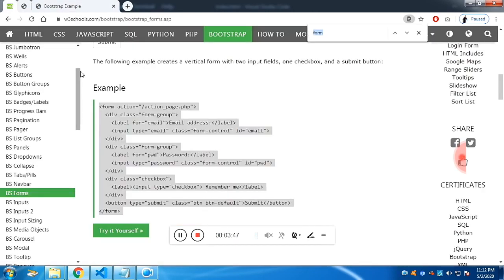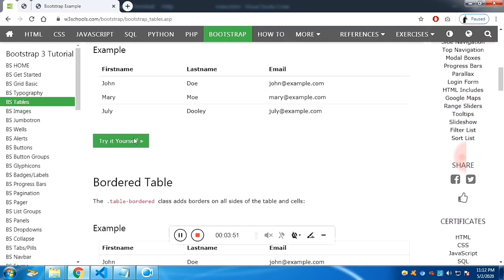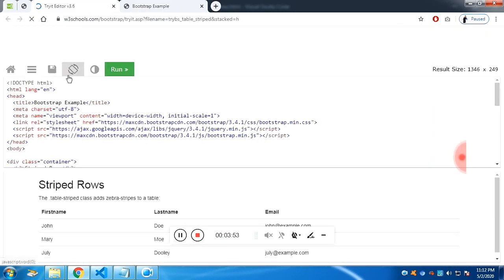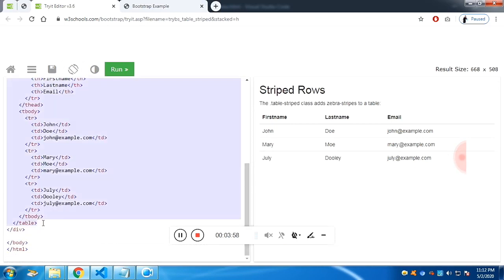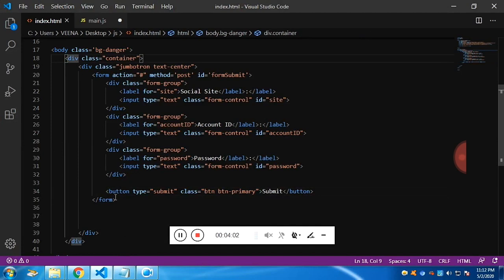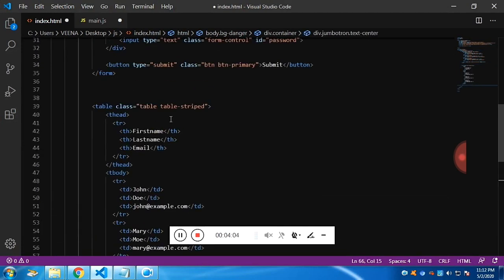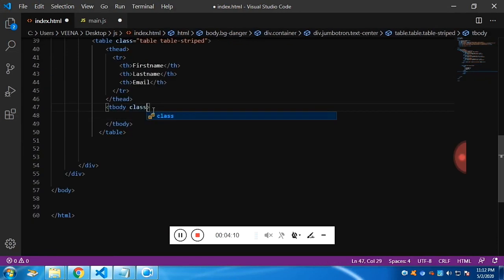Now it's time for the table. Let's copy and paste the code of the table from Bootstrap. This table will have all the entered data which we have entered in the input fields. So we would be having three columns: the social site, then its account ID, and then the password.